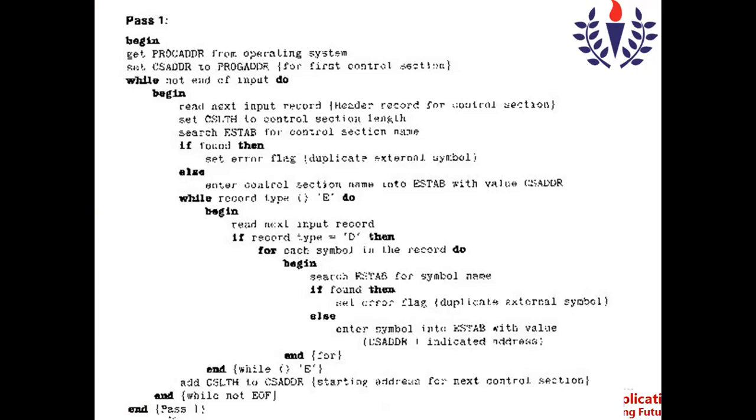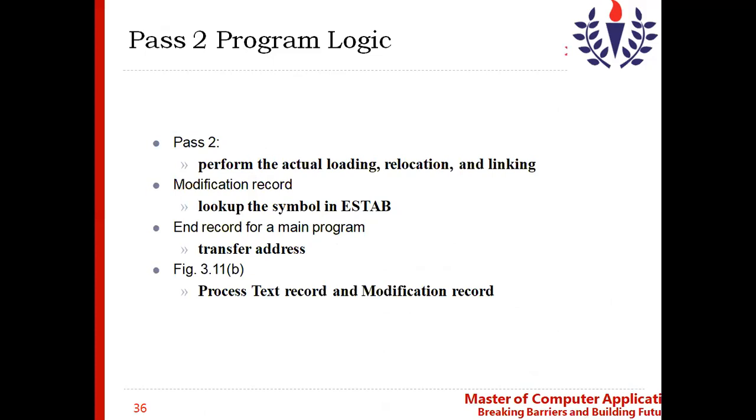Now we'll move on to the next process, that is pass two. So far, whatever the linking loader has done is only creating the ES tab by assigning the address to all the control sections as well as the symbols.